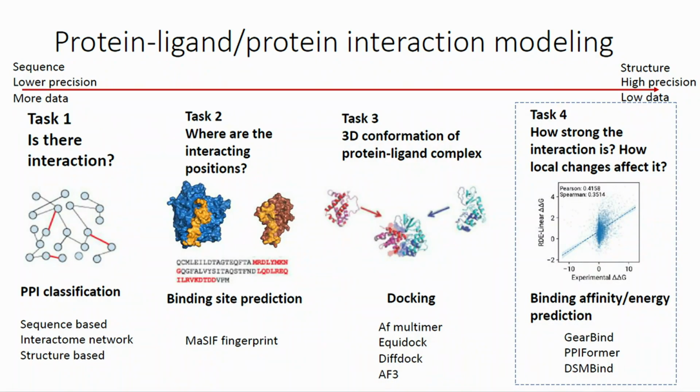So finally, the task of designing a drug is not just designing something that is complementary, or designing just the shape of the protein, but also we want something that actually stays in a very stable form. So I think task 4 is probably the hardest task, where we actually predict the energy landscape or the binding affinity for given proteins, whether we have the structures or just the sequence. Even if we have structures, which are the methods that I'm talking about now, it is still a very difficult task.